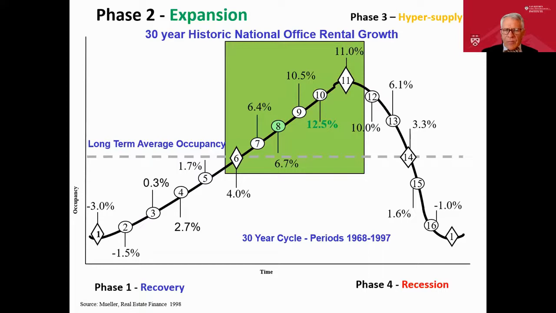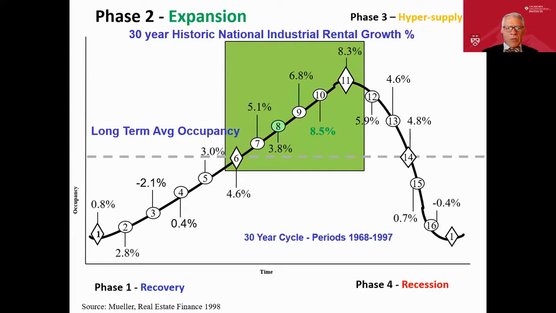In the growth phase, you're getting way above inflation, with the highest rent growth happening at point 10 on the cycle. And then as we hit the peak, the growth rate starts to slow a little bit, and then it starts to drop off or decelerate, 10, 6, back to 3.3% at point 14 on the cycle, and then low and negative again at the bottom. Next slide, same study.